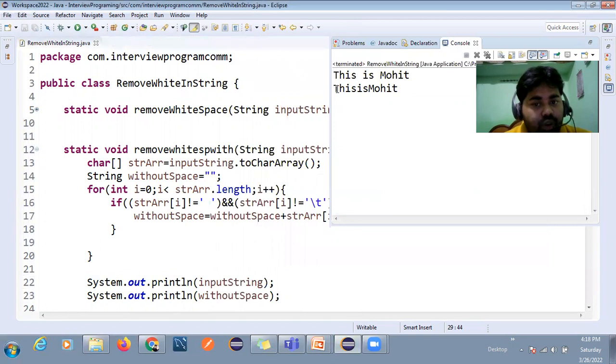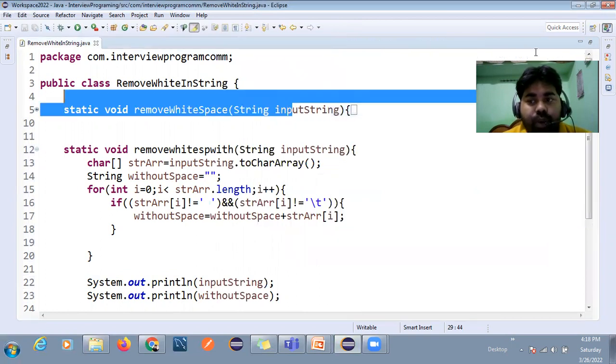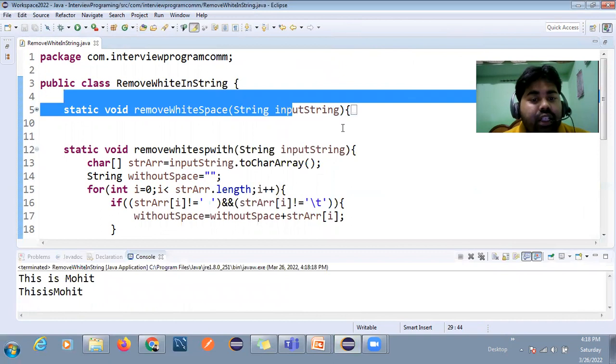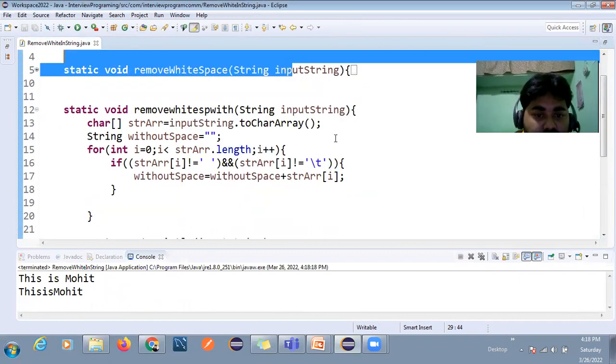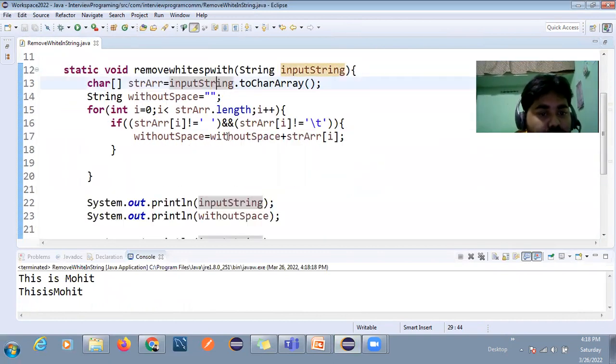You can see now it removes the spaces. Okay, that's fine. And now we will explain this code, how this code is working, right? Everybody knows how we can develop this code, but how this code will work, we can learn each